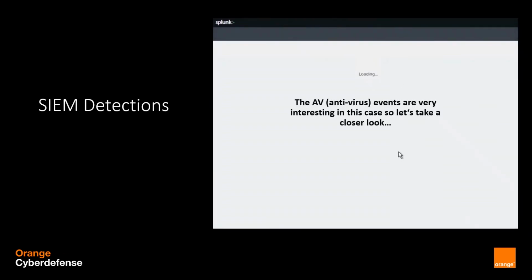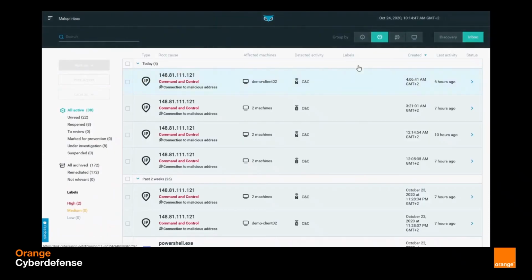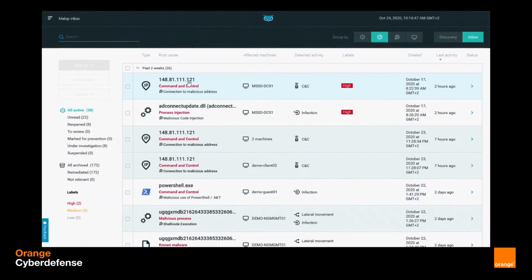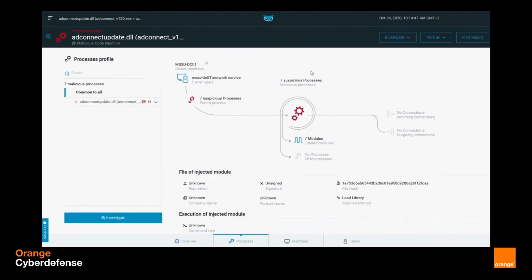The events in the EDR tool are worth a closer look, as they reveal the supposed update to the AD Connect agent as malware rather easily. In the EDR tool, we can see two detections for this scenario. The first one is about the malware itself. The second one flags the communication to the external server. So here we can see an overview, including a timeline, involved accounts, hosts, and processes.